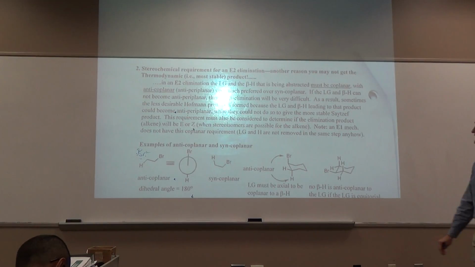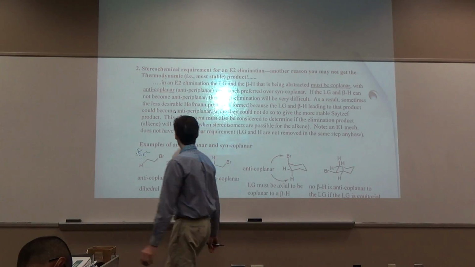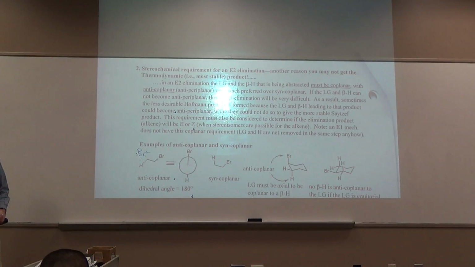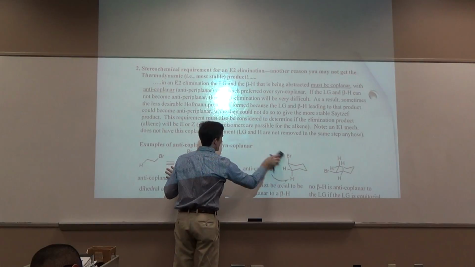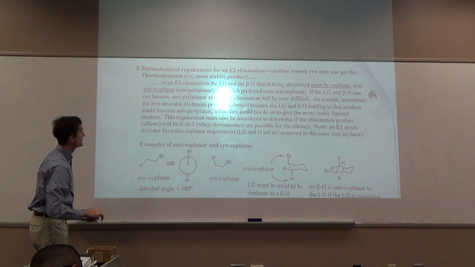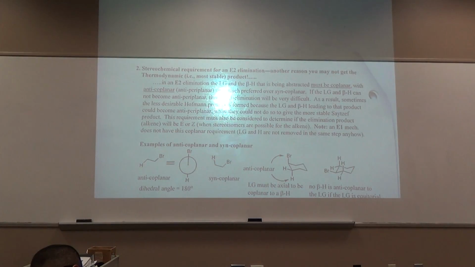Okay, what's another reason you might get the kinetic product or Hofmann product? Now this one is the more commonly referred to. This is a big one here. It's a stereochemical requirement for an E2. Whenever you do an E2 elimination,